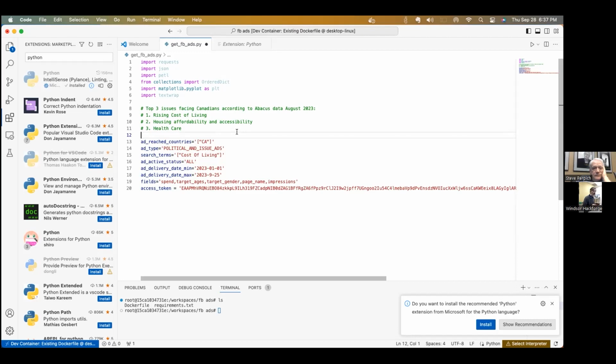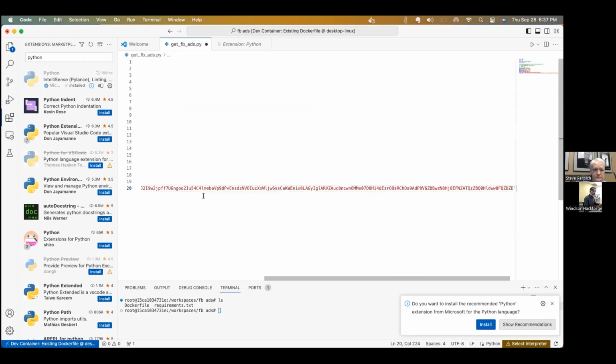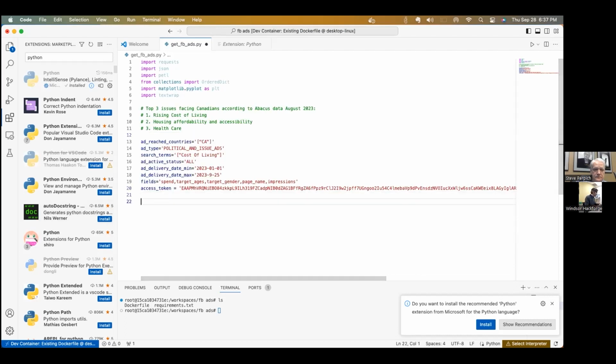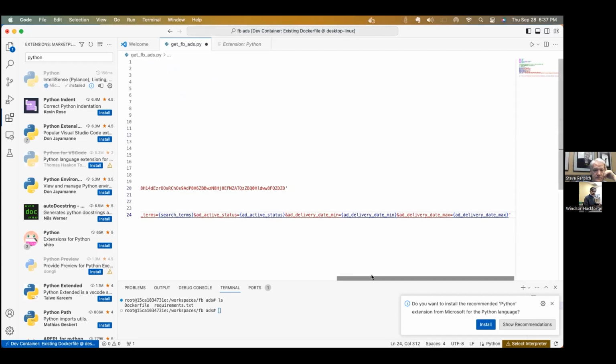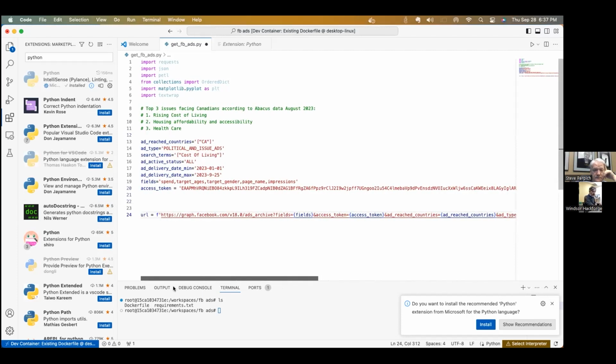We have identified all of those parameters from our URL, which gives us the next step: we want to create that URL, right? Let's do that. This is just too much to type, so I've copied and pasted it. What we've done is we're using an F string. What an F string does is it allows us to interpolate variables directly into our output string without having to do